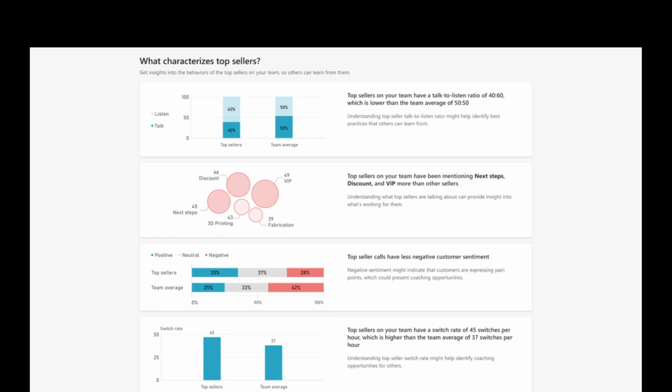It tells you the sentiment of the customer. But in this case, it tells me the sentiment of the seller. So it highlights whether the feedback from what you've done is positive or negative,